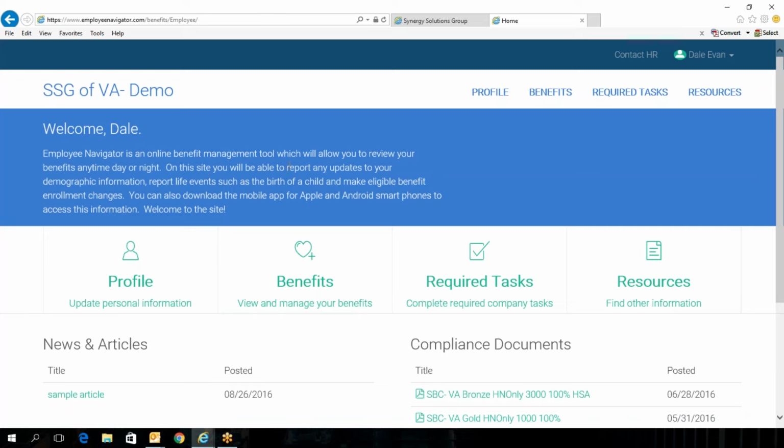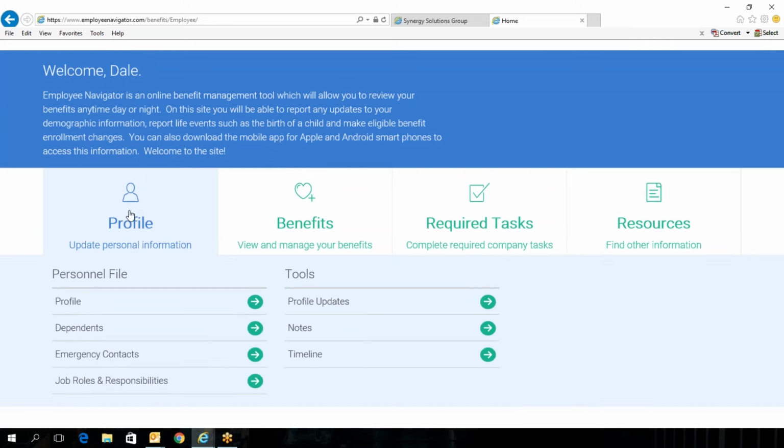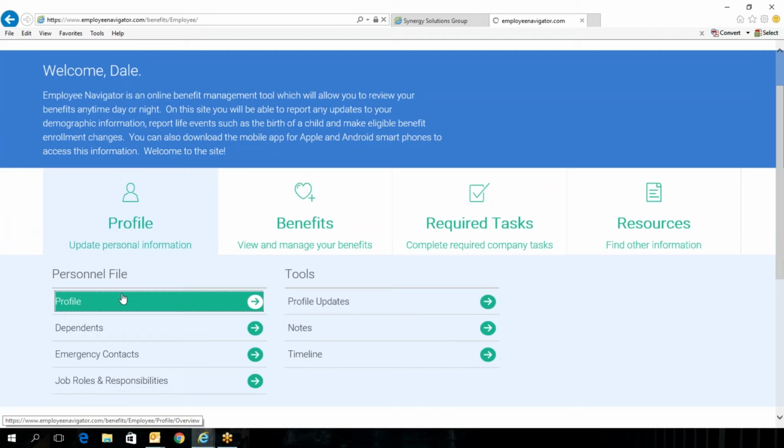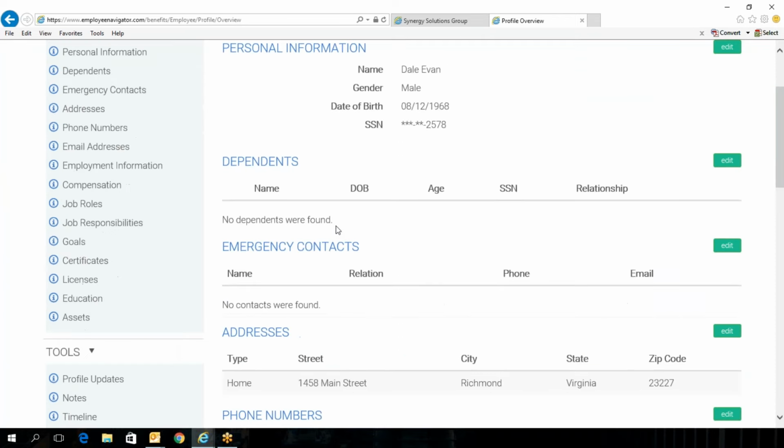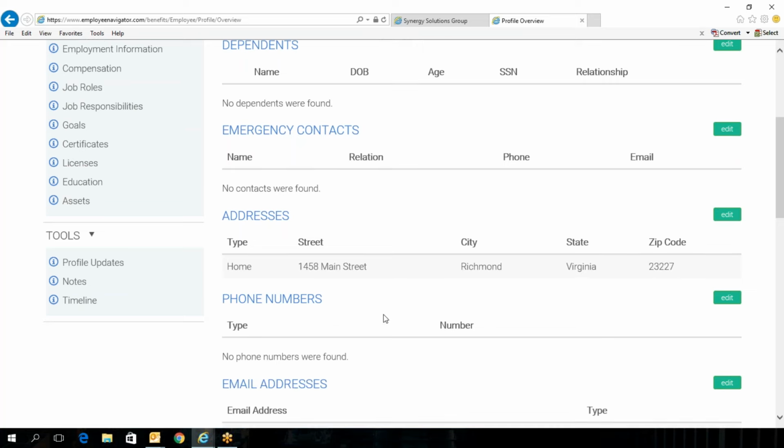Now on the home page is just a little introduction that you're seeing. And as I stated, this is able to be accessed through a mobile app. So utilizing an Apple device or an Android smartphone, you can download the apps. Now, as I stated, much of the information concerning your profile has already been loaded into the system based upon being an existing employee. But what you're able to do at this time is to go through and verify that information is accurate, such as your address. But if it's not, you'll be able to make changes,